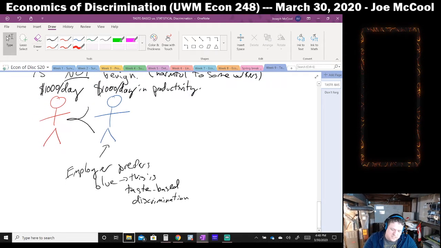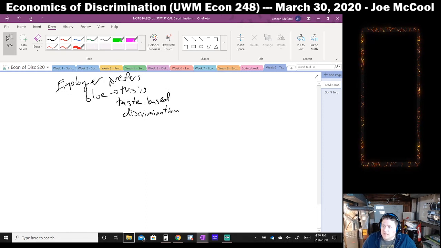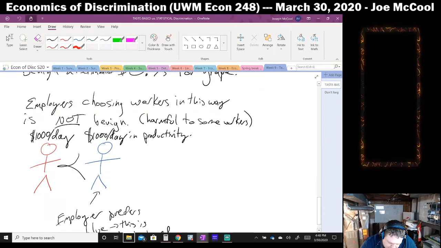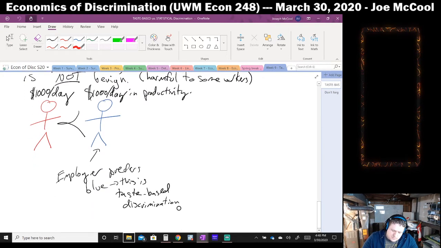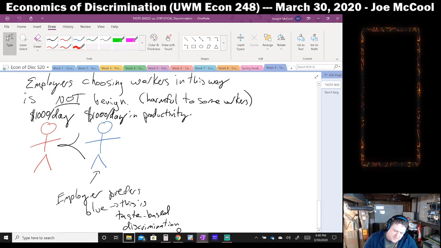So we can say, how important is it to this employer to discriminate? Well, apparently this person will pay $100,000 a year so that they get to be a racist, right? So how does this work? We continue. Here we're saying that it's not a very strong discrimination, with strong meaning in dollar signs. Say that we would pay this guy $12 an hour, and we would pay this guy $11.50 an hour, right?